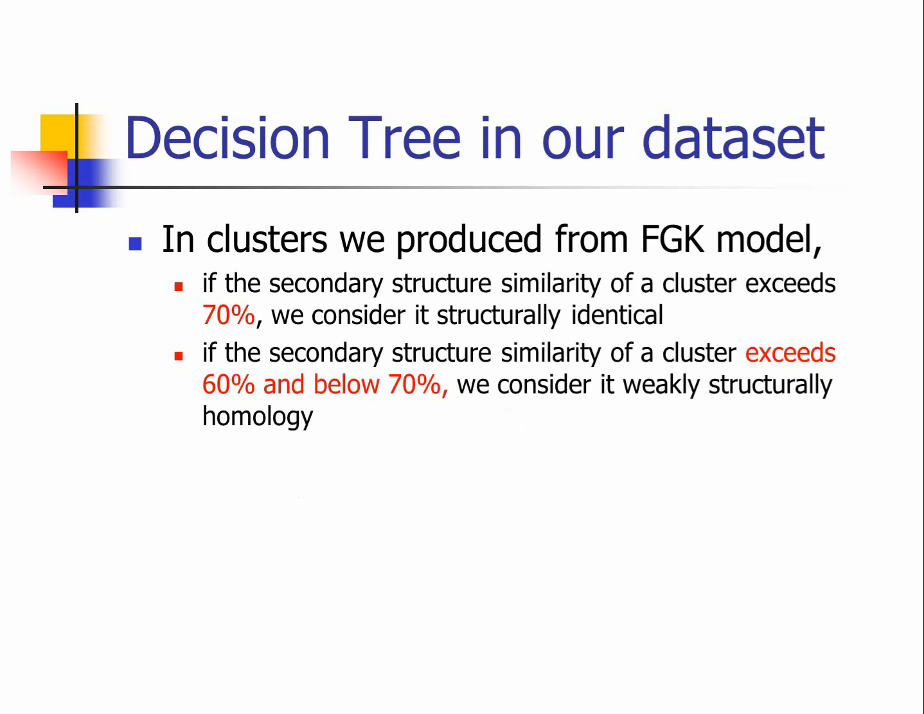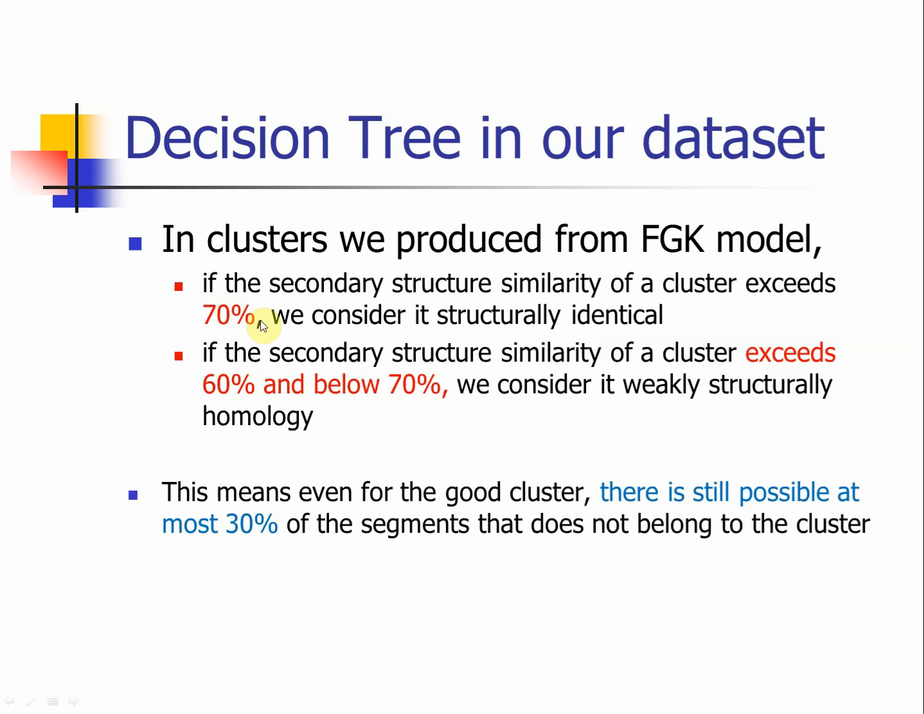In our FGK model, we try to evaluate the protein sequence information through the secondary structure similarity. So if the secondary structure similarity of the cluster exceeds 70%, we then consider it structurally identical. On the other side, even if it's between 60 and 70 similarity, we still consider it a weakly structural homology. In other words, if we use 70% as the threshold to determine a good cluster or a bad cluster,